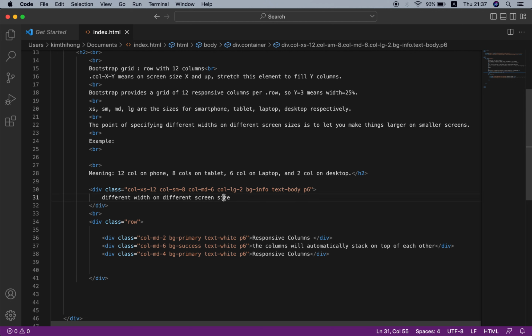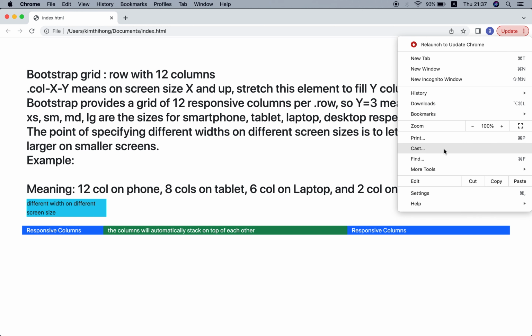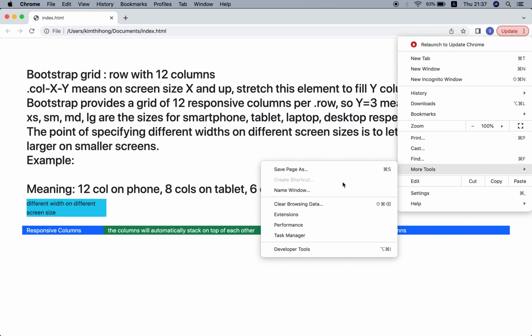And to understand this, you should see the website page here and use an important tool, the development tools in the Google Chrome browser, developer tools.